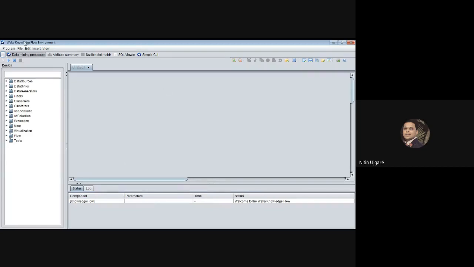So this is the knowledge flow environment of the Weka machine learning tool. Now this knowledge flow is the same as Explorer. The only difference is that we can create the visualization of the entire machine learning process.